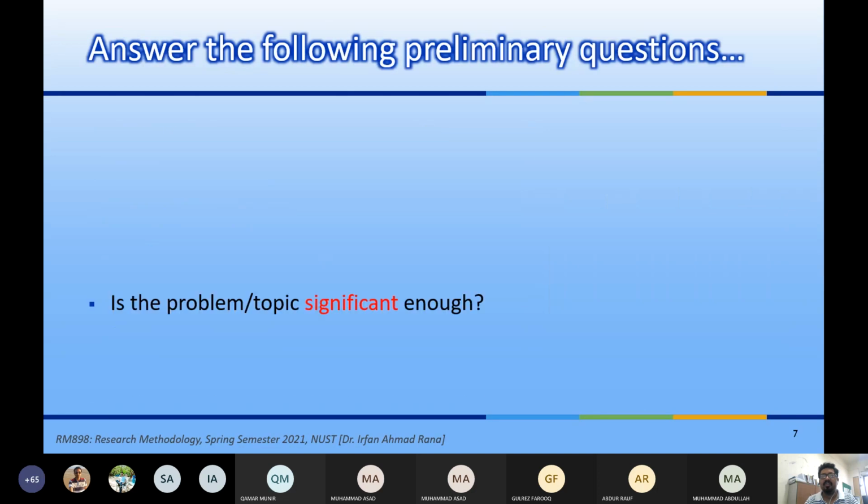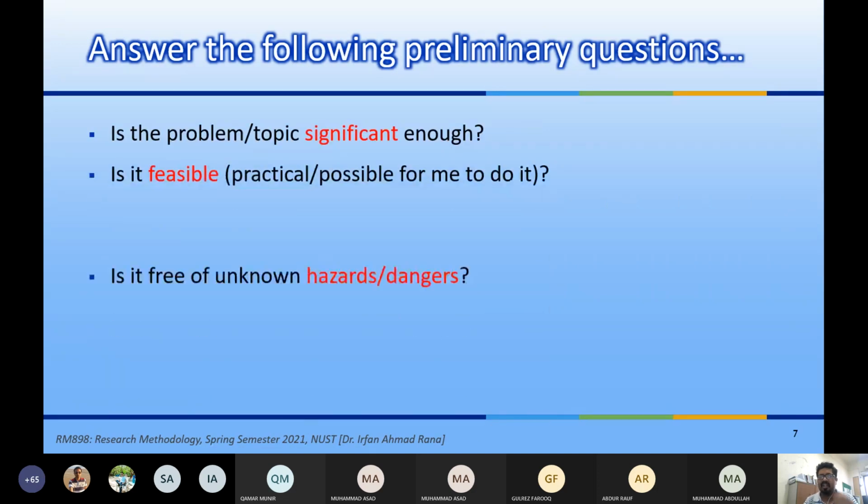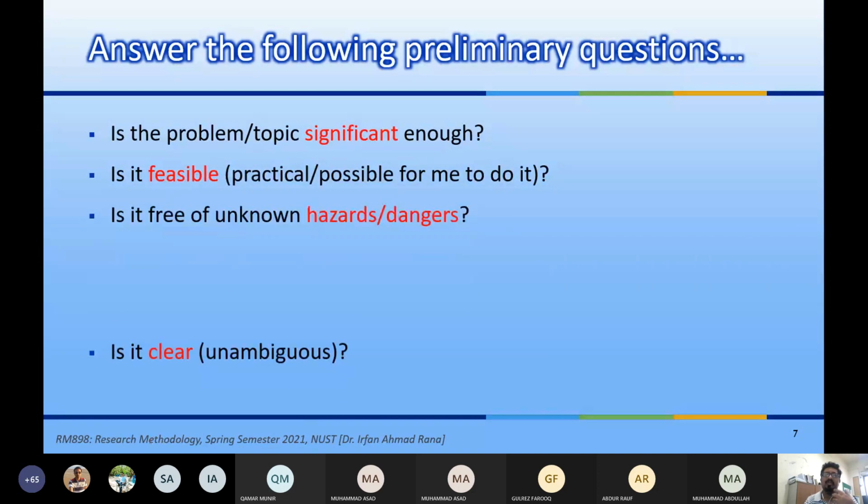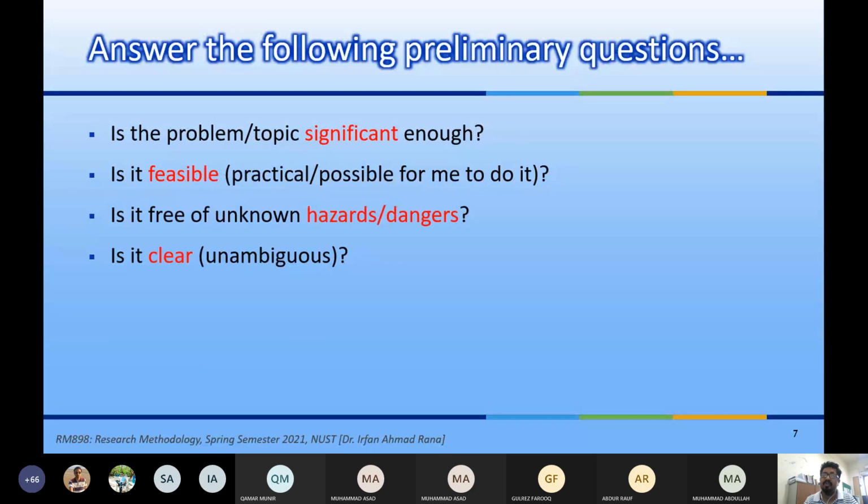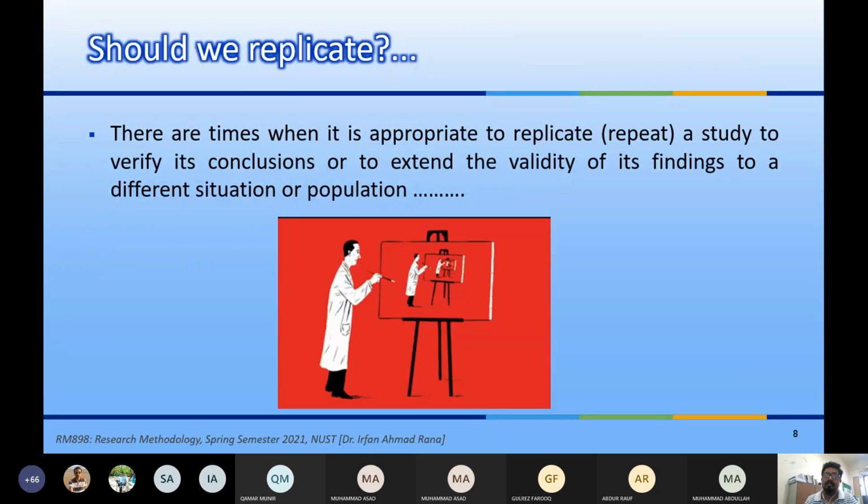Okay, so these were just a generic checklist. Just think about it. Can you do it? Is it ambiguous? Is it feasible enough to do? Is it significant? Right. And one of the main things which my students at least ask is that should we